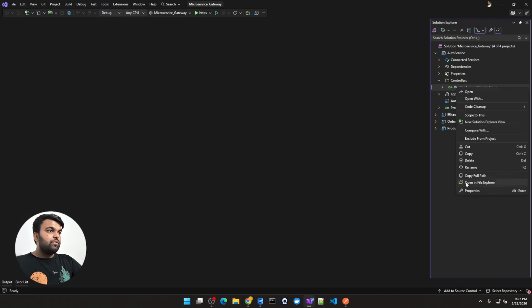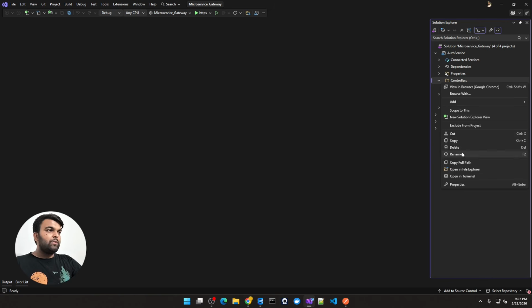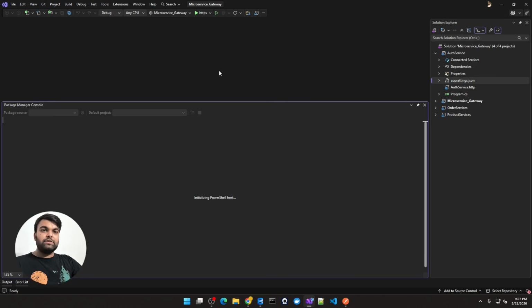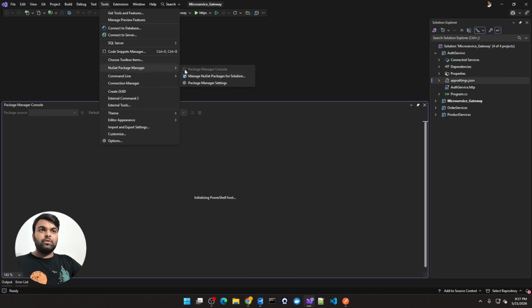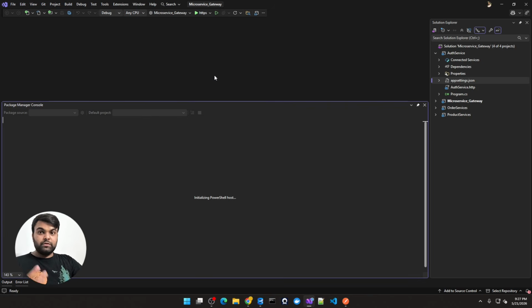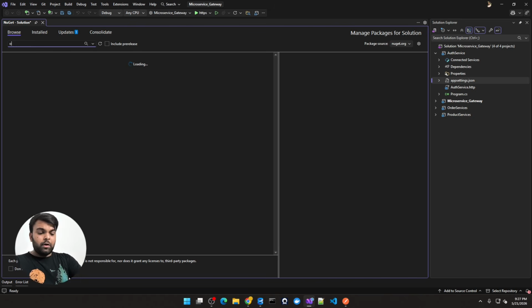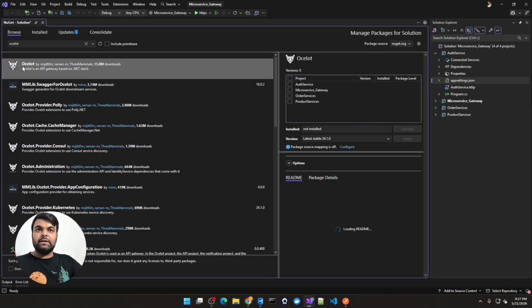So I will remove this controllers folder because I don't need this folder anymore. First of all, let's go to the NuGet Package Manager. It should be NuGet Package Manager for Solution, and there we will install Ocelot. So let's search for Ocelot, and you will see that Ocelot is an API gateway based